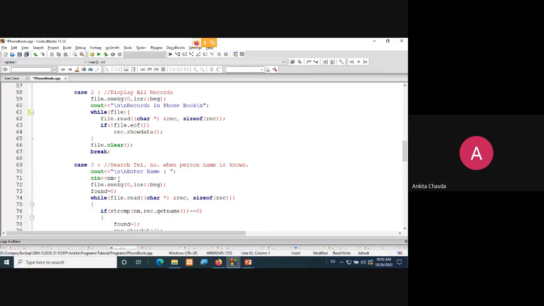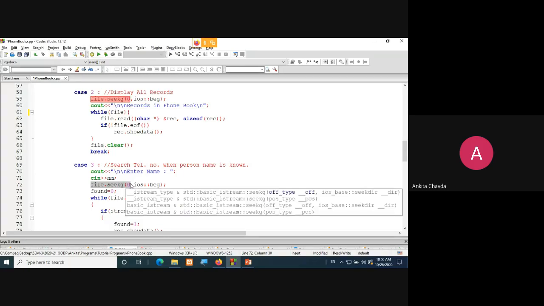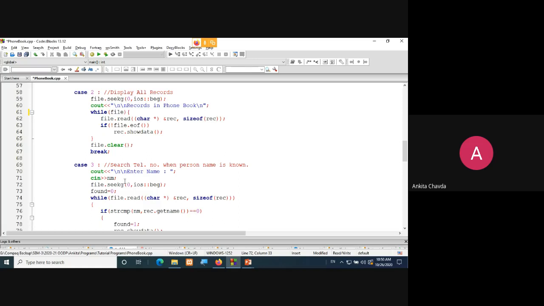Now you want to read your content from the beginning, because after every functionality, whenever you are adding records or whatsoever you are doing, your file pointer may have moved somewhere else. So every time you have to set your pointer to the 0th byte, at the starting of your file. And here you are setting the flag found equal to 0 right now. Whenever you find the record, you will make found equal to 1. Because now you are sequentially checking whether any of the names matches whatsoever the user has entered.